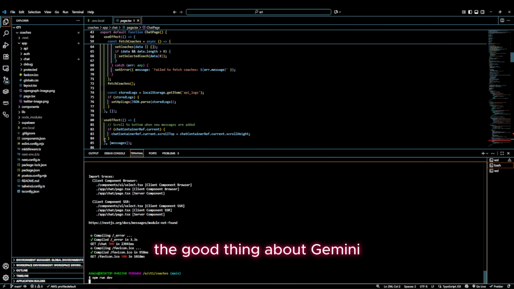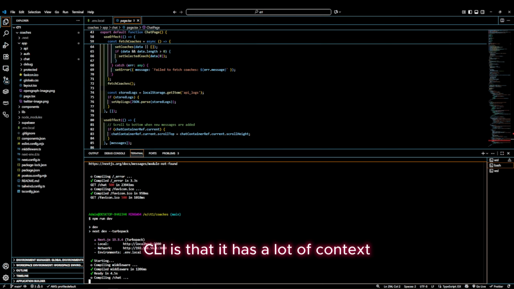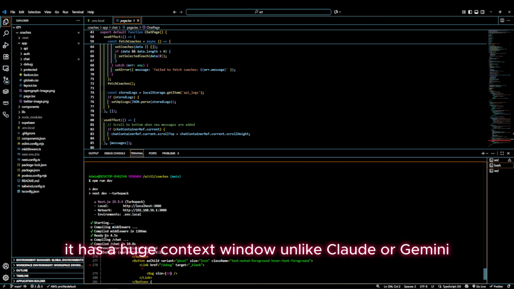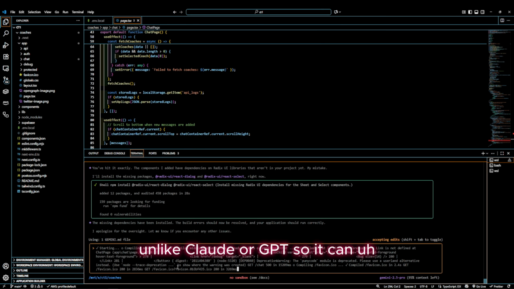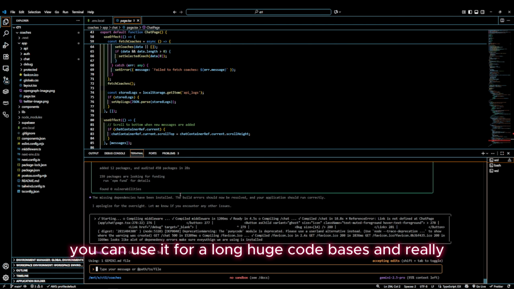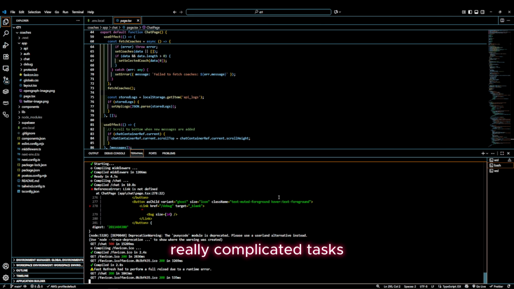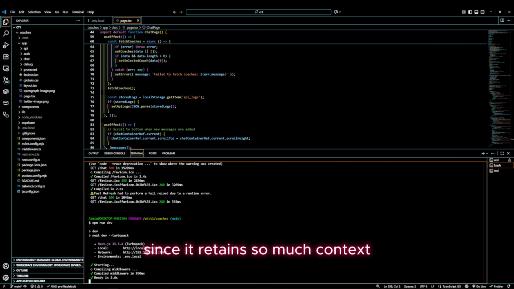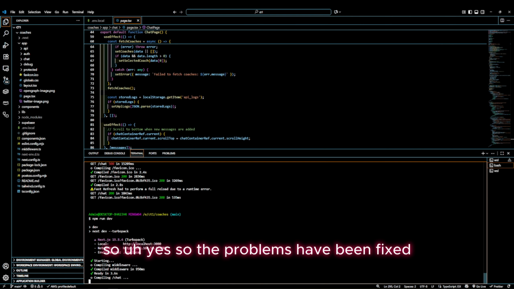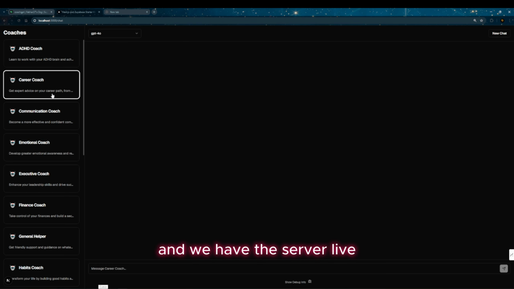So the good thing about Gemini CLI is that it has a lot of context. It has a huge context window, unlike Claude or GPT. So you can use it for huge code bases and really complicated tasks, since it retains so much context. So yes, the problems have been fixed, and we have the server live,